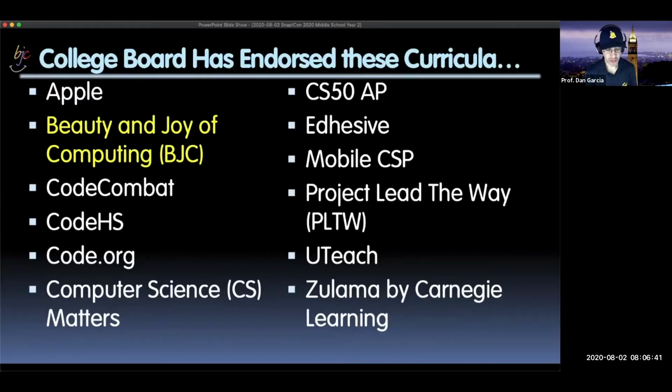We were endorsed. We were one of the first 3 courses. There were 3 NSF funded courses to be endorsed. It was Beauty and Joy of Computing, it was Mobile CSP, and it was UTeach. And that was it. There were only 3 fully endorsed. This meant a long process. People on this call made that happen. I thank them for the work they put in. There's a long list of things you have to do to make sure that your PD is correct. You have to make sure your course hits all these marks, and it was a really painful process, but we did, and we got above that bar, and we got a big stamp we could put on our curriculum.